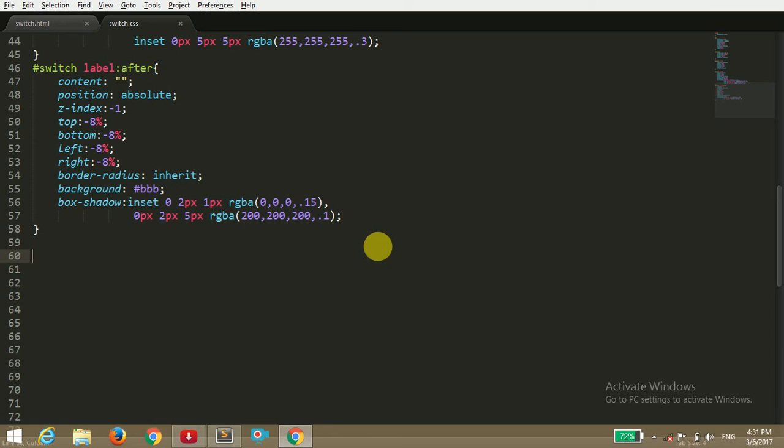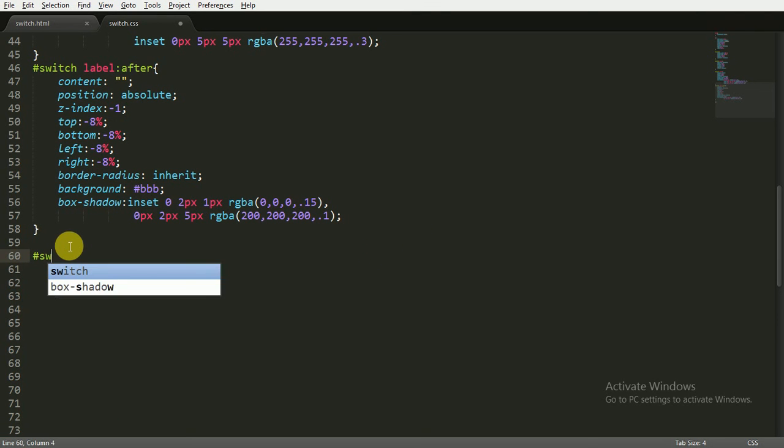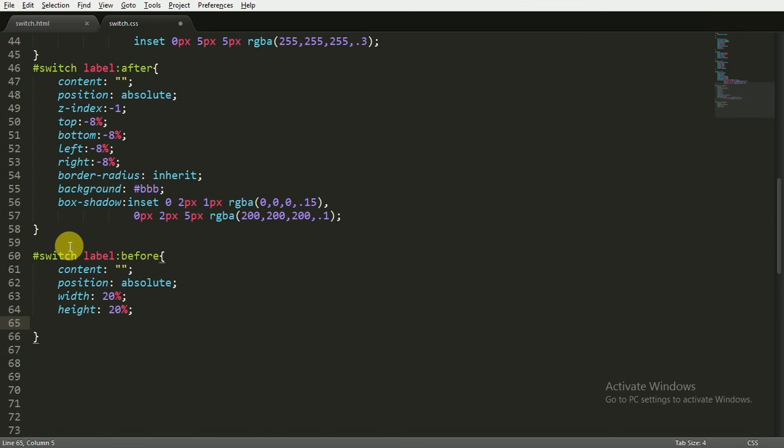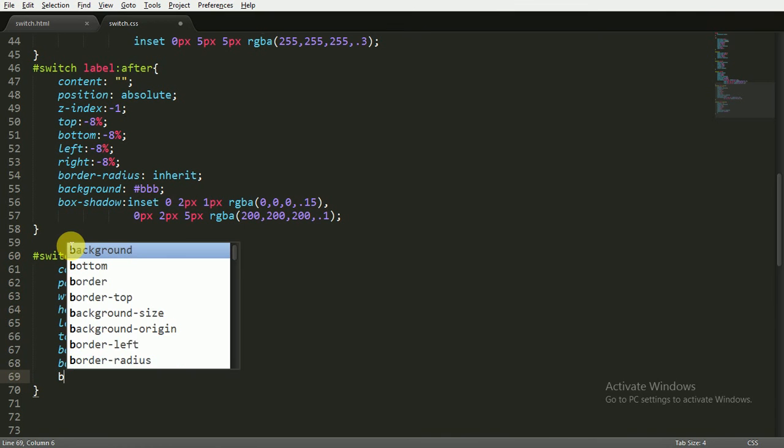Okay, so now we have to do something interesting, so I will write before here and set the content to blank, position to absolute, and give the width of 20%, and also the height of 20%, then the left to 40%, and top to 40%, and give the border radius to inherit, and the background to be hex color 969696. It is for the small circle,